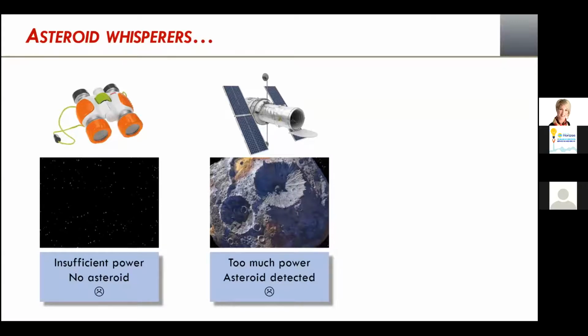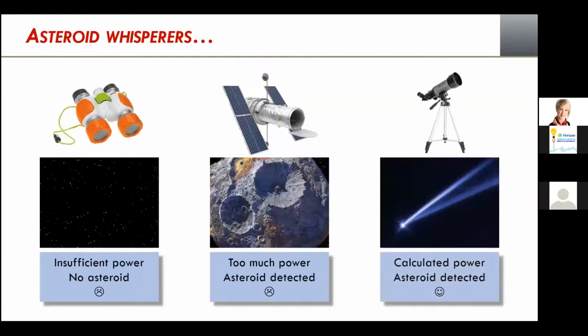On the other hand, Dr. Robinson, who's a very smart cookie, took a more sophisticated, more planned out approach. She knew the distance. She calculated the type of telescope that she would need. So she calculated the telescopic power that she would require to detect this asteroid. And the telescope was only $1,000 or $2,000, well within her budget. She got the picture and she is happy.